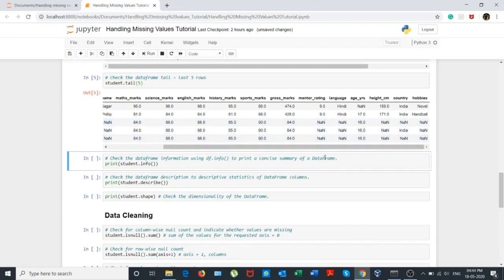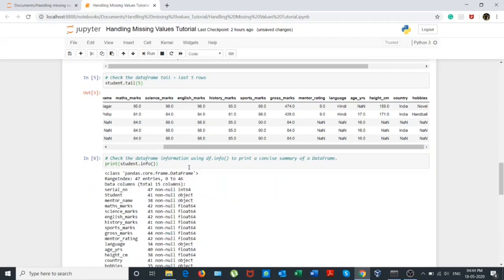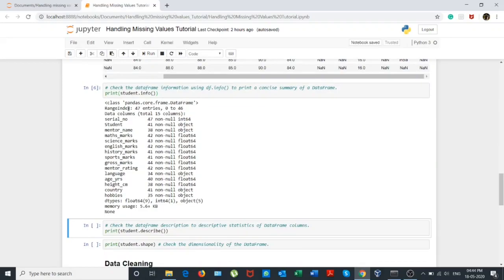missing values. Now we will use a functionality of pandas which is .info, which prints a concise summary of the data frame. So we will get a concise summary. We get range index, 47 entries are there, 0 to 46 is the index.